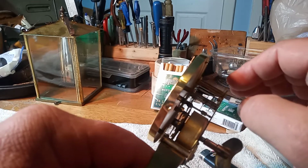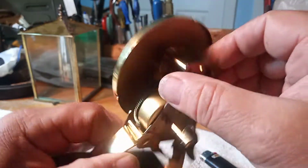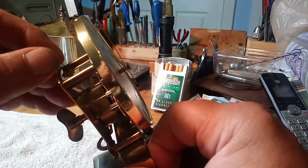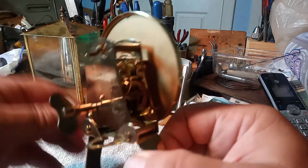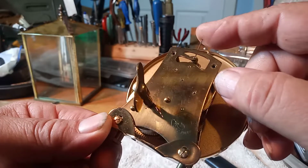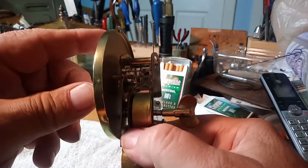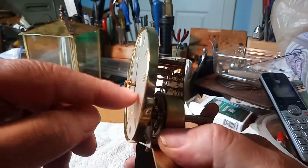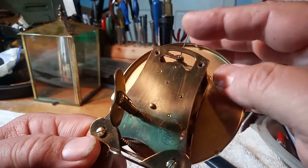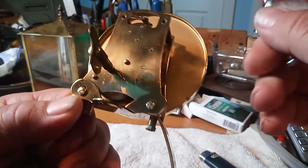Moving, well, this don't want to move. It is stuck. Possibly if I turn the hands, I might be able to move it now. But it is stuck. So this clock